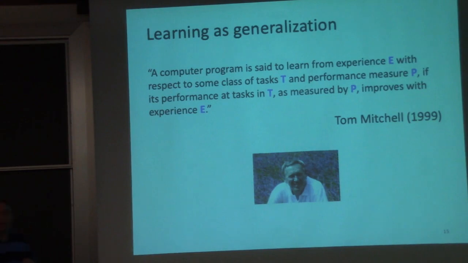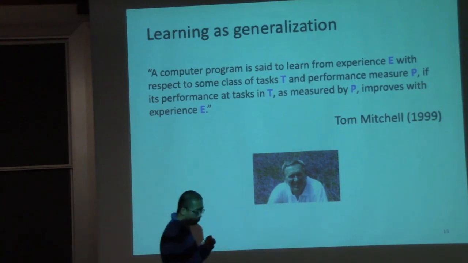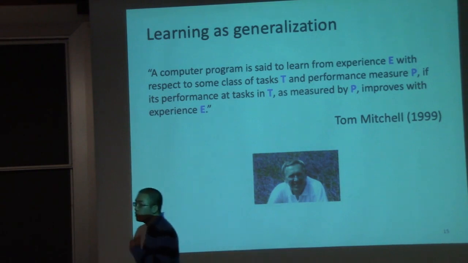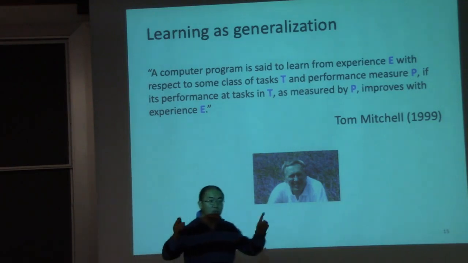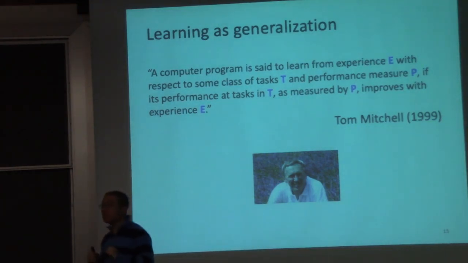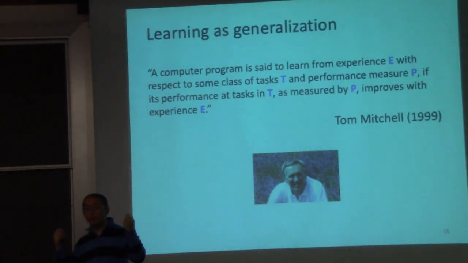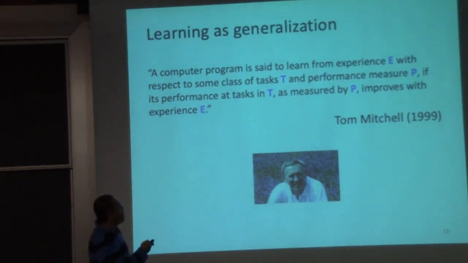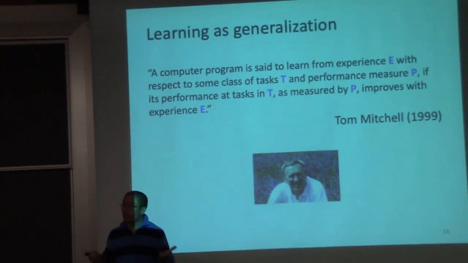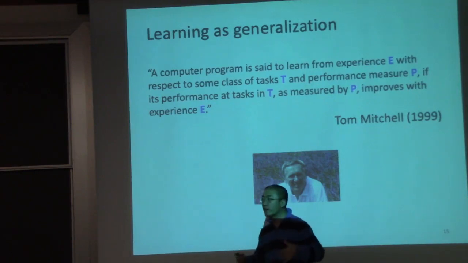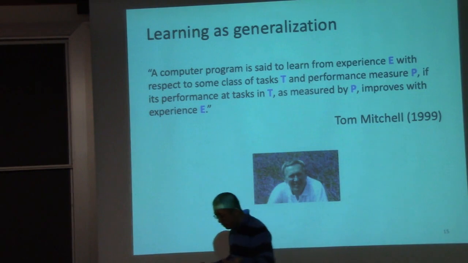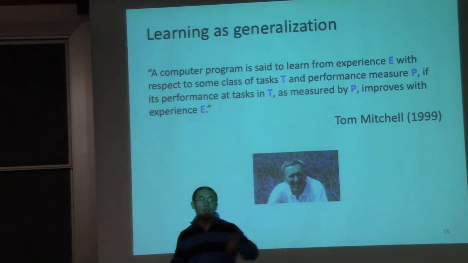So now he points out several key factors involved in machine learning. First, we need to define what kind of tasks we're learning. We're not doing general learning. Of course, general learning is the ultimate goal in artificial intelligence, but in machine learning, we focus on some specific tasks. Specific tasks can be rigorously formulated. And then we need to have a performance measure. That means the effect of your learning procedure can be measured and compared. Only based on this measure, we can try to improve our learning algorithms.